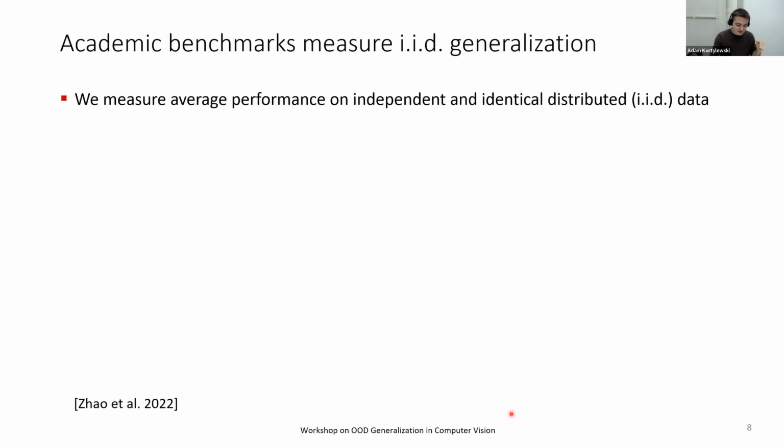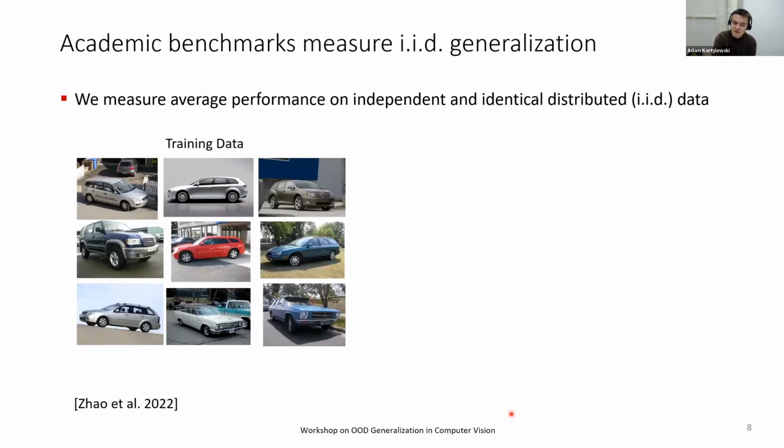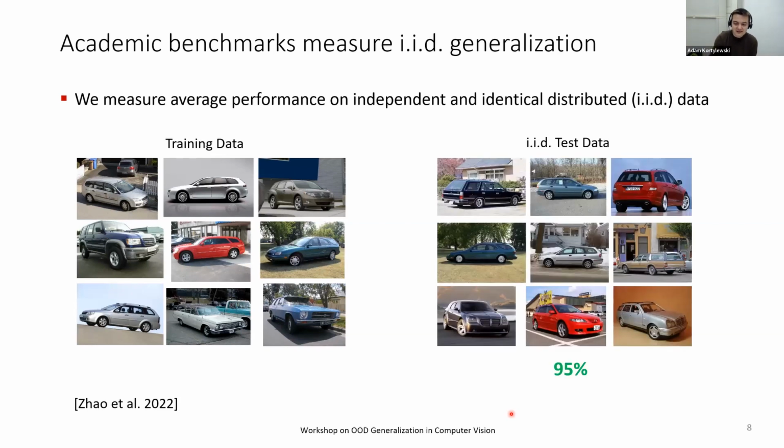The cause of this discrepancy is that our academic benchmarks mostly measure i.i.d. generalization, so in-distribution generalization. This means that the test data looks pretty similar to our training data, and therefore we achieve these very high performance gains. And now